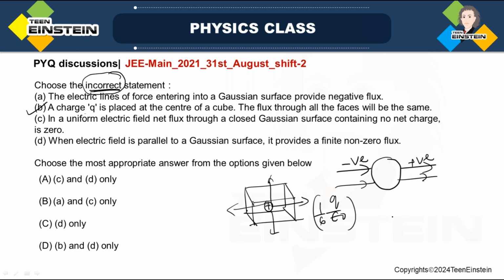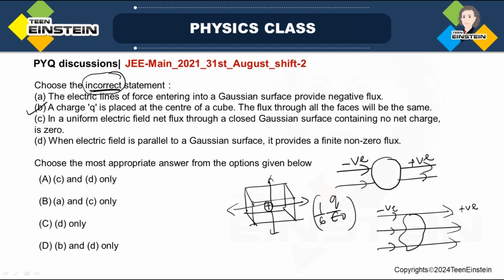This is also true. Suppose you have a uniform electric field here, and you have a closed Gaussian surface. Now see, the electric field lines are entering and going out. So no net flux will be inside if there is no net charge inside. As I was saying, by the first option itself we can verify this. If this is negative flux entering and going out positive flux,